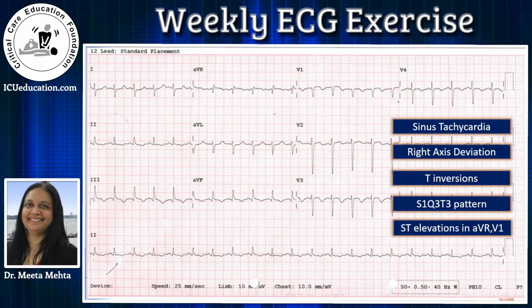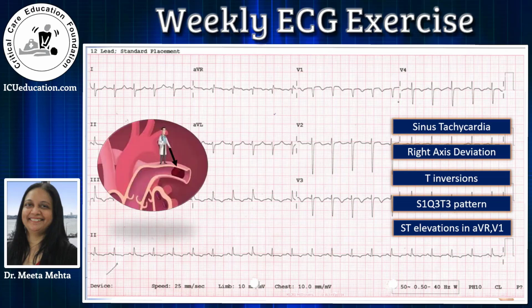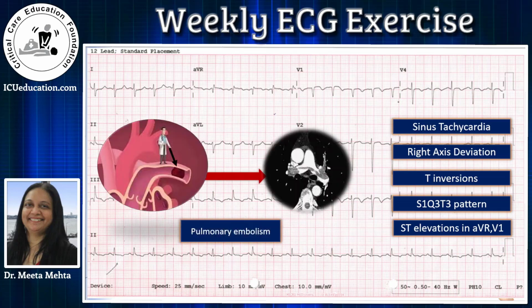We also sent this patient's cardiac biomarkers, but meanwhile we got an urgent bedside 2D echo of this patient, which revealed that the patient had RV dilatation on 2D echo but no regional wall motion abnormality. Also, when we checked the patient's previous record, during her last admission, the ECG was reported normal with normal axis. That means there was acute right axis deviation. So with the given findings on the ECG and 2D echo, you confirm the diagnosis of pulmonary embolism.